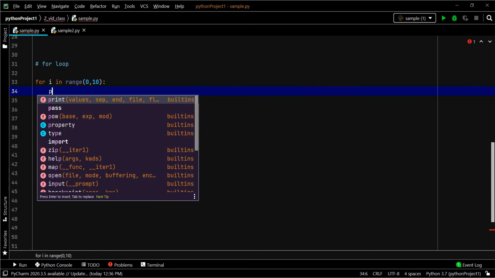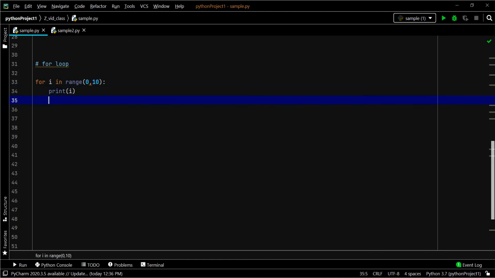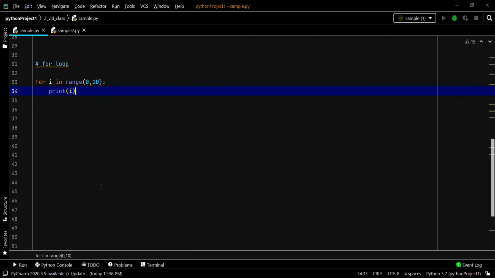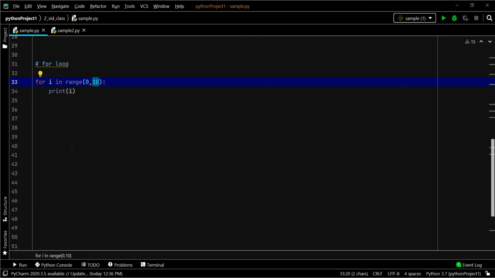Now I am going to print i, the values which are stored in i. Let's print it. First time the value 0 will be stored in i, and then the next sequence 1 through 9. The number before the end of the range gets printed. This is how the for loop works.